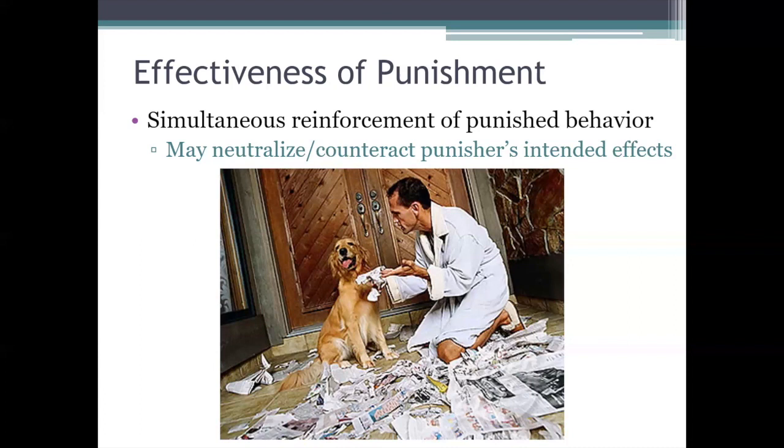Well, your dog may not enjoy being scolded, but if it finds the attention from you to be rewarding in some sense, then it may continue to chew on your stuff because the punishing consequence of that behavior is going up against and maybe even losing to this reinforcing consequence that the dog also gets for the same behavior. And a punished child may continue to misbehave at home or in school for similar kinds of reasons, right? They may decide that it's worth it to endure the punisher. They may just put up with the punisher in order to get the reinforcer that that same misbehavior also produces.